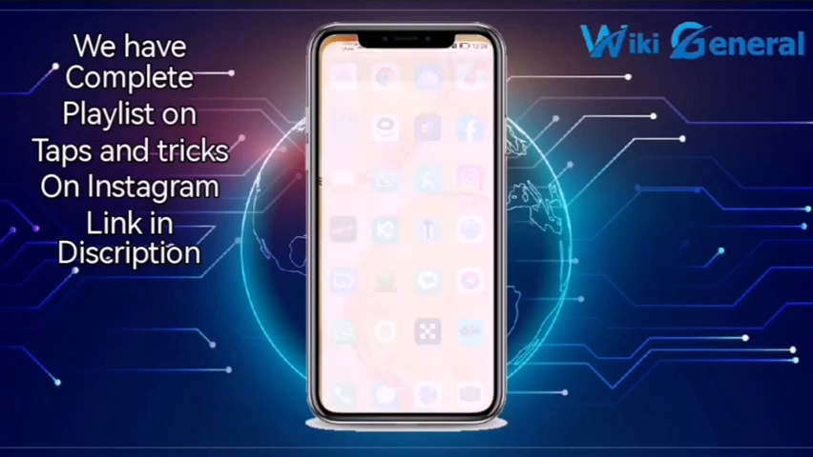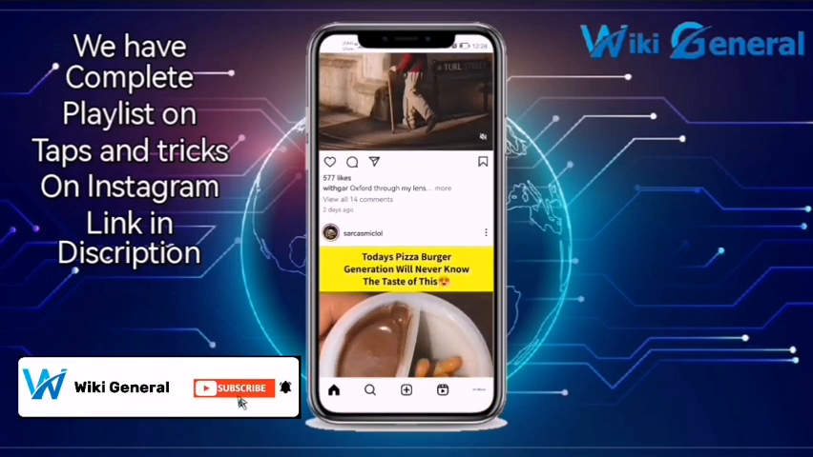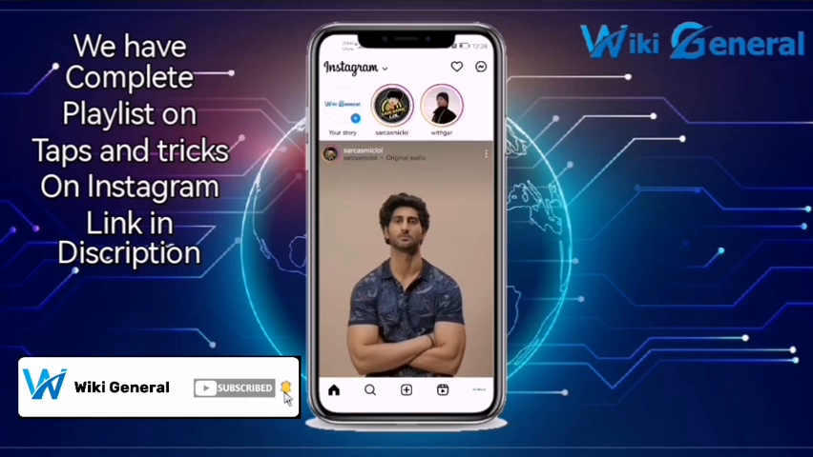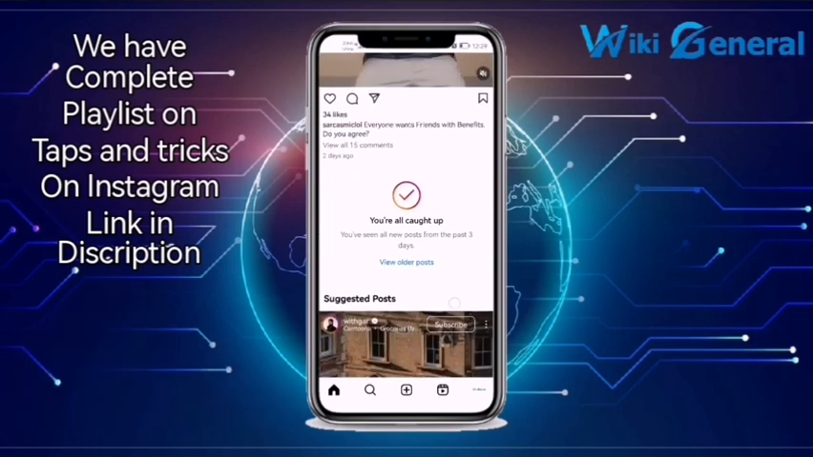Welcome to Wiki General. In this tutorial, we will show you how to allow Instagram to access your camera and